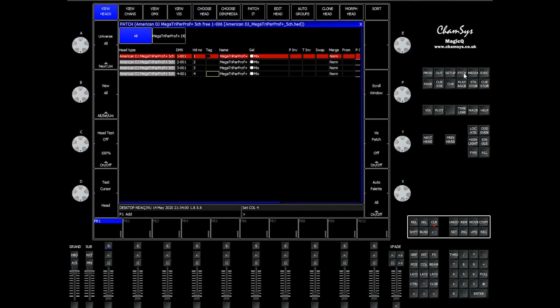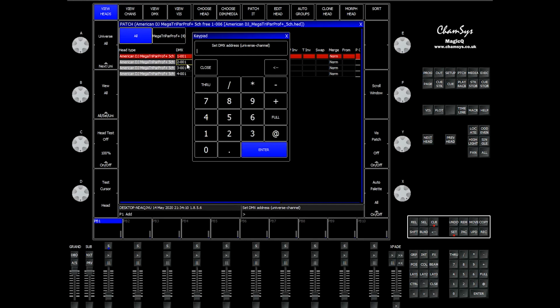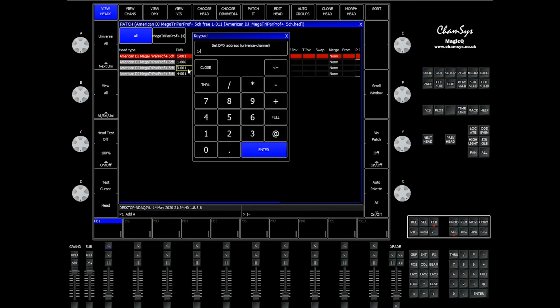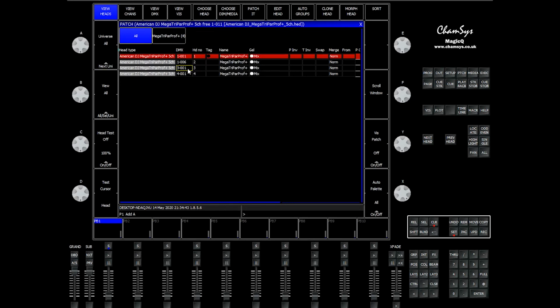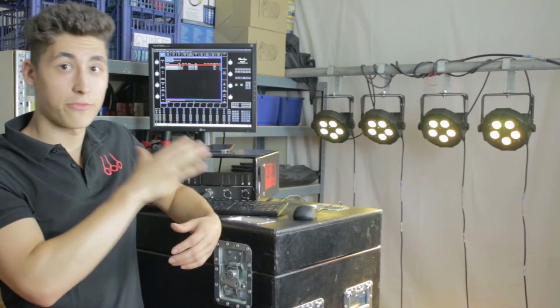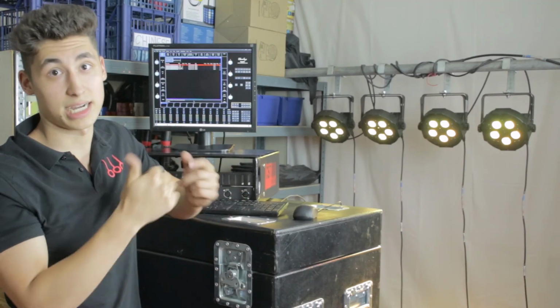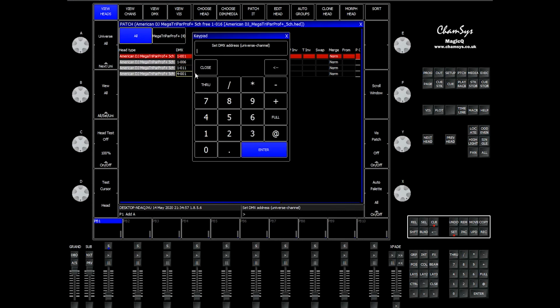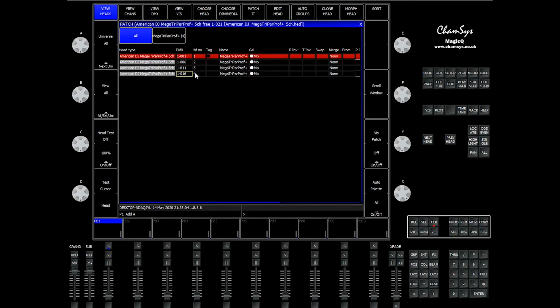So go to your patch, and as you can see, these are on different universes here. But what I would like to do is to set it to the first universe and channel, I believe, 6. I hope that's right. This is good for channel 11 maybe. That is good, because my lights are running in 5-channel mode, so they are using 5 channels like an RGB, UV and the master dimmer. So first universe and 16 I believe. Okay, so